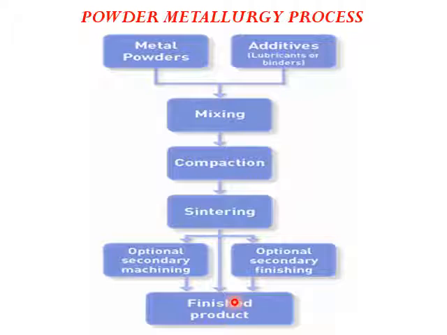Now here, how exactly are we going to produce the powders? Powders are normally produced by a widely used process called atomization. Atomization is something like this: we are going to have a molten metal, and there will be a stream of water which strikes the molten metal. When the molten metal is struck by this high stream of water, the molten metal is broken into small particles, and then they get solidified, and we get a small size of particles.